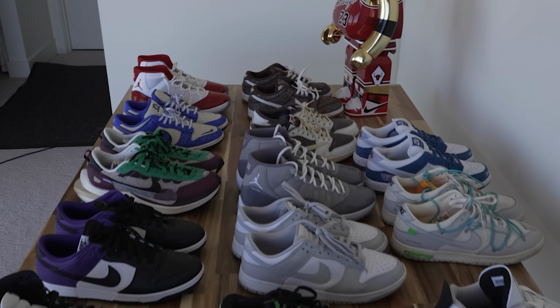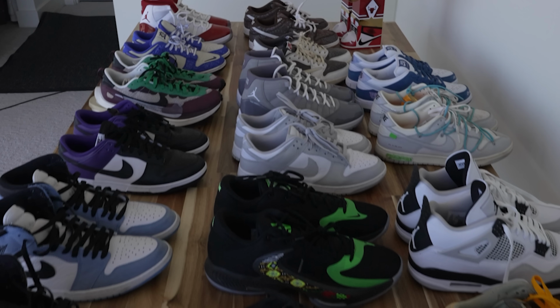All right, so first things first, I wanna show you guys my personal favorite pair of shoes, my go-tos every day, then also my favorite pair of basketball shoes. As you guys know, I'm a retired professional rec league basketball player. I should have been in the league, but I tore my,